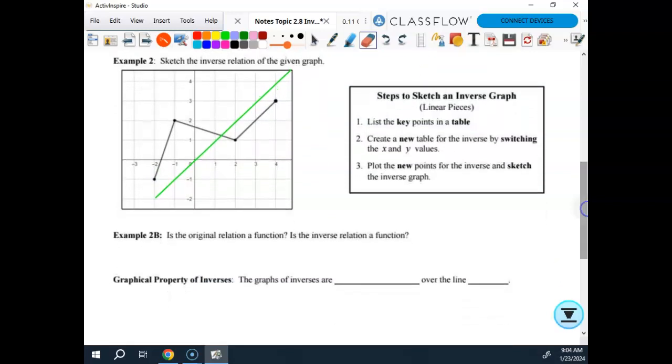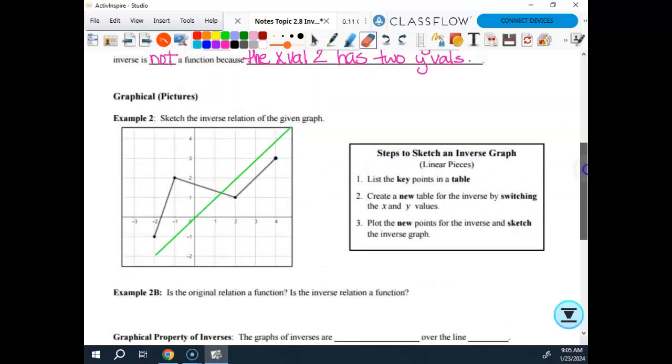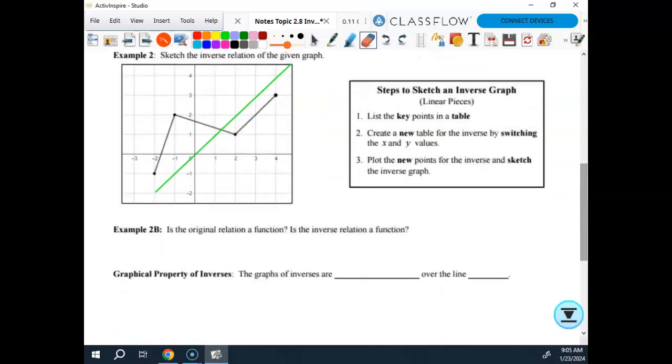All right. We're going to sketch the inverse relation of, so now we're looking at it graphically. That was numerically, now we're going to look at it graphically with pictures. So here are our steps. We list key points in a table, create a new table for the inverse by switching x and y values, plot the new points for each inverse, and sketch the inverse graph. So we're going to have our original